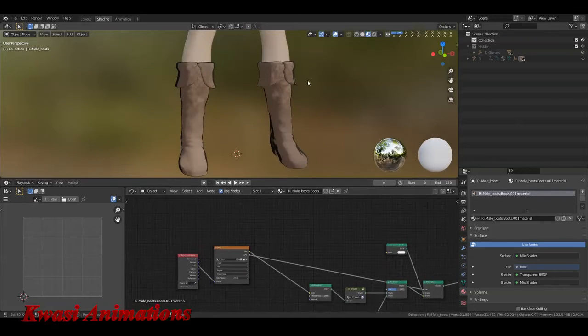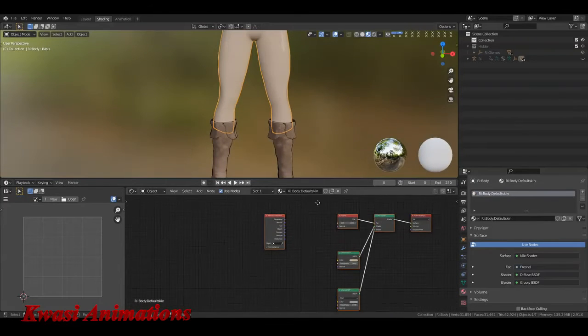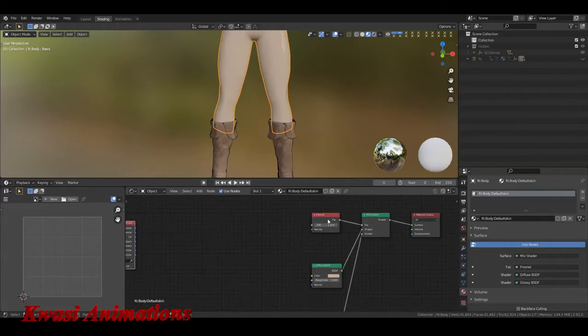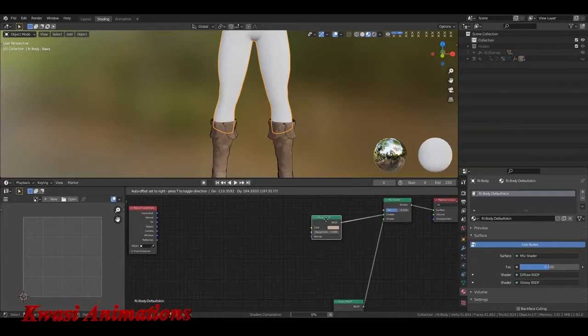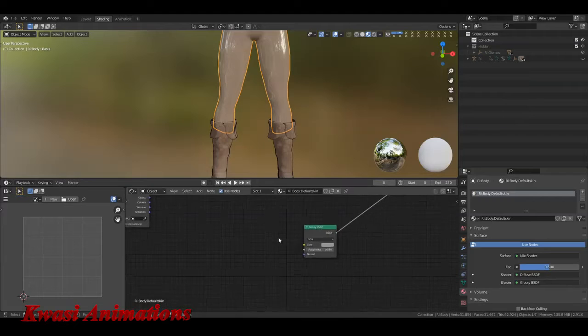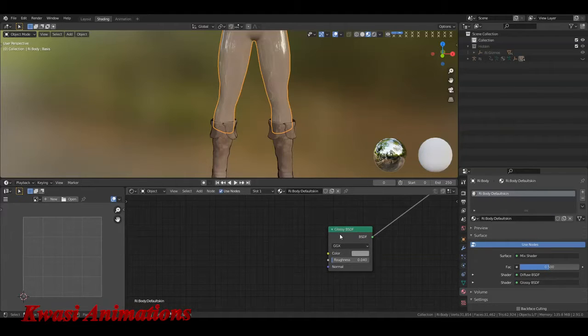All right, now for his body, let's click him. There's no image there, so we don't even have anything for the image texture coordinate to read. I'm gonna delete that because I don't need it. Bring this up. Come on, man. All right, so since the glossy shader, I'll still want it because this is a different setup, because this is what the MHX does. When you export it from a human, it gives it a glossy principled shader, so you can actually